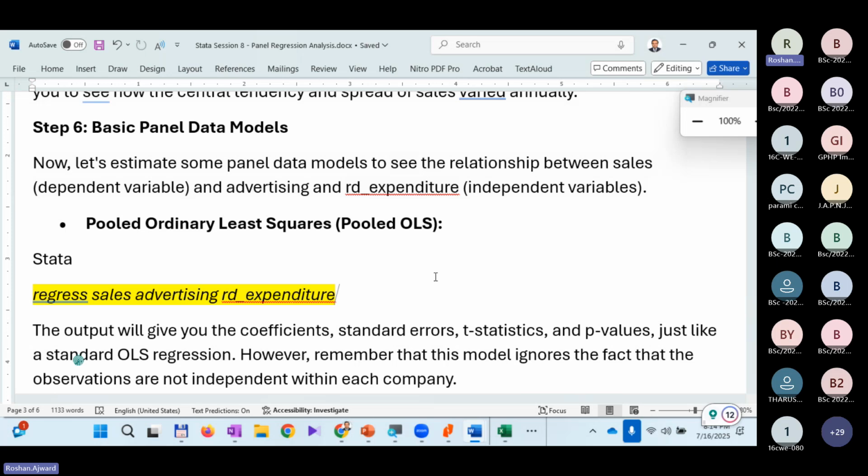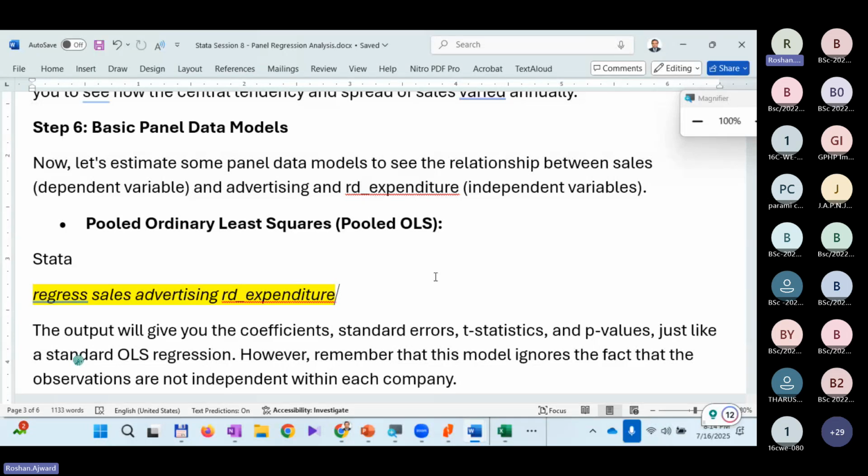Is it correct? Do we have 200 companies here? No, we don't have 200 companies. So therefore, that's fundamentally wrong. That's wrong, right? But again, as a basic, preliminary step, we run that and see what kind